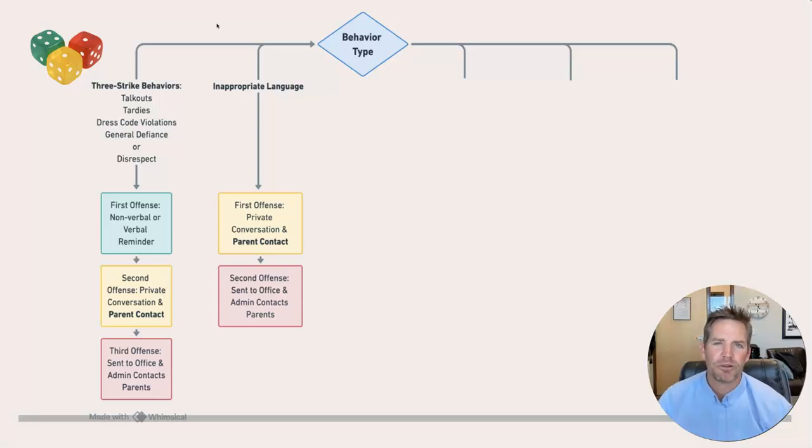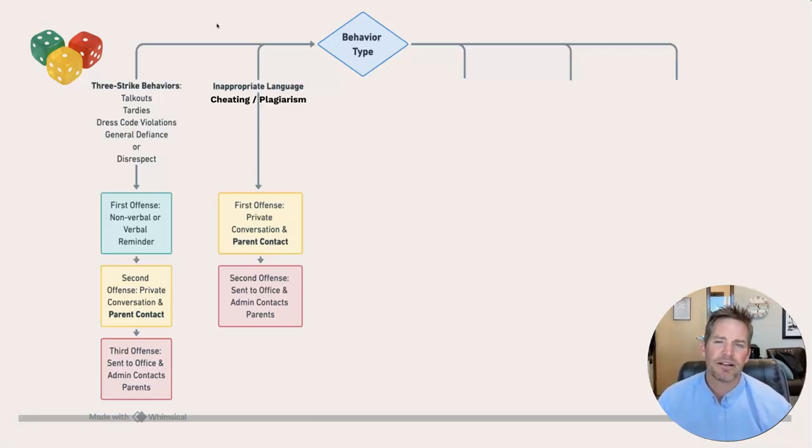treat it like a teachable moment. Take them out in the hall. Cheating, plagiarism, this is another one where I think it's wise to treat it as a teachable moment. Give them the opportunity to do some sort of alternative assignment to get half credit or whatever you think is fair. But these are middle schoolers, I think giving them that opportunity is often enough to correct a behavior. And if they continue to do it, then definitely send them.